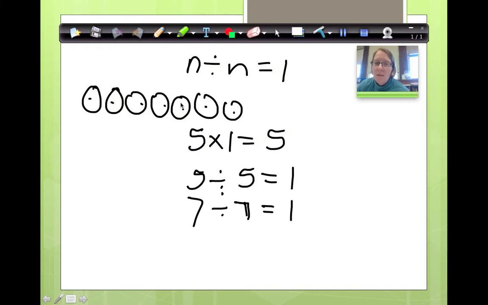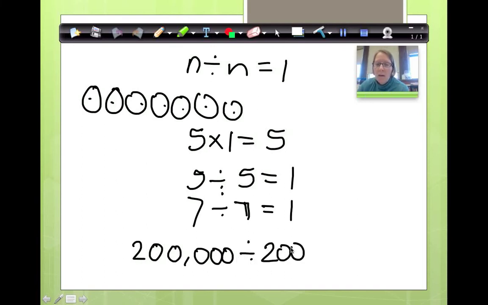So if I have 7, or let's say I have 200,000 cookies, and I divide them by 200,000 people, how many cookies would each person get? They would only each get 1 cookie apiece, right? Okay. Now,